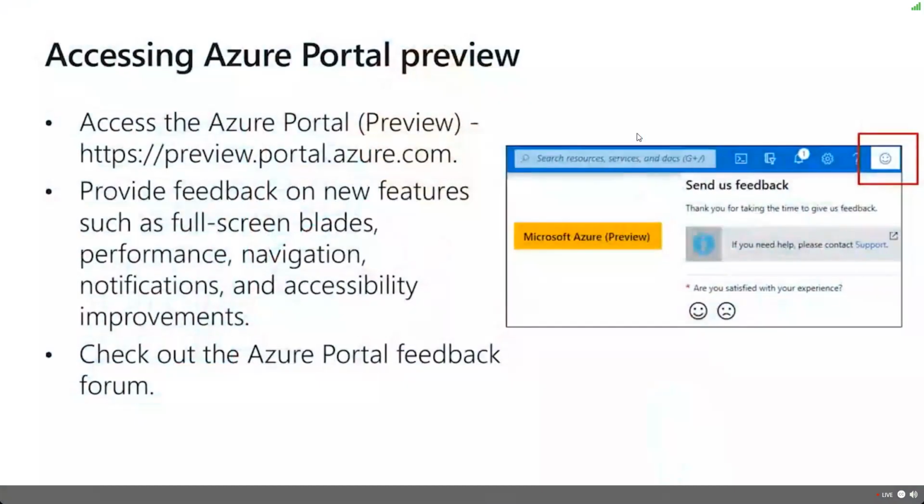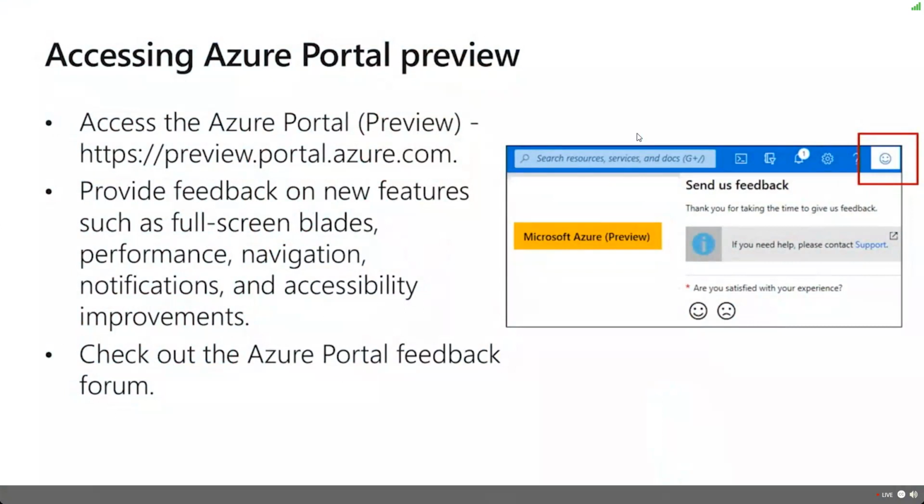All right. So you also have the ability, we change our portal often, and this is a challenge for Garrett and his team and for myself, is that we do live demonstrations. And so I never know what the portal is going to look like, but I can look at a preview of the portal. Everybody, customers, you have the ability, if you go to preview.portal.azure.com, guess what? You can get a preview portal experience. Now, it's a little flaky every now and again. You might have some refreshes where you have to work with it, but we're trying to navigate and give you the best experience. You have an ability to get feedback in a forum.